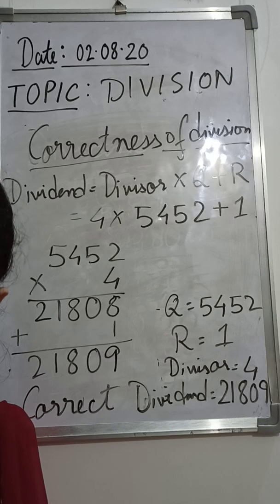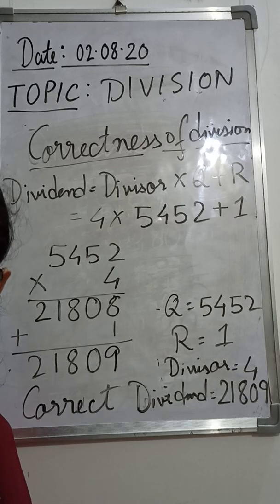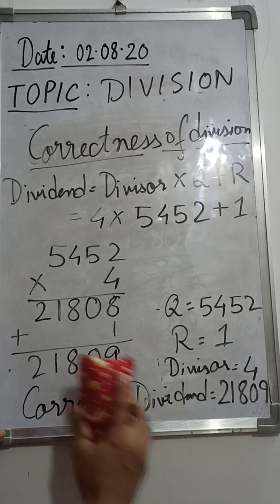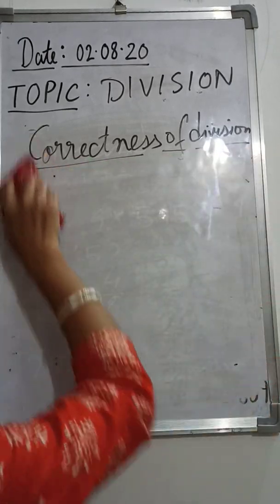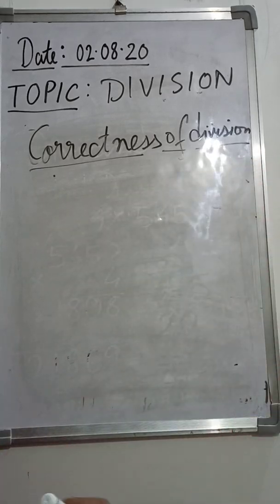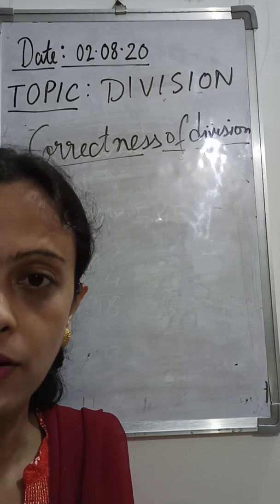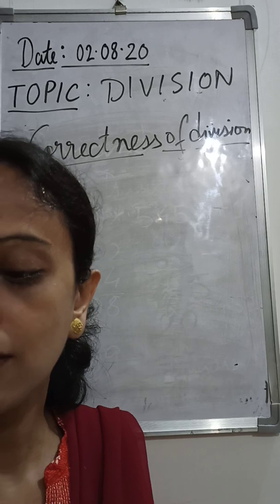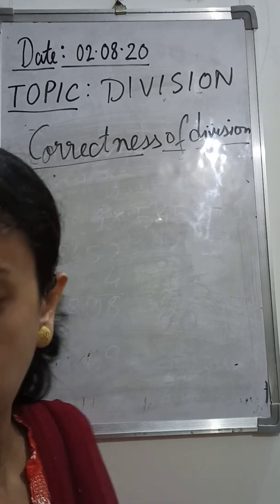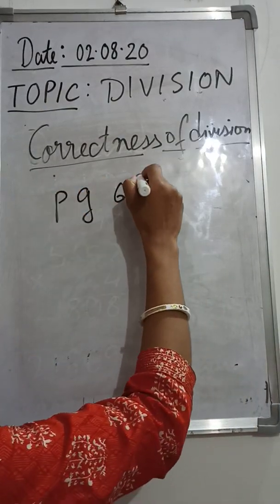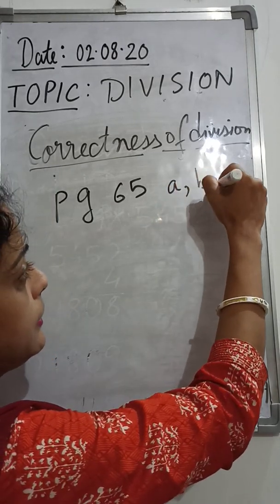Okay, dear children. You can see page number 65. The Train My Brain part is there. I think everybody can see that. That will be your classwork now. Today you have already done this in your virtual classes, but we have not done the checking part. So your classwork will be to check these answers, to show the correctness of the division. It's on page number 65. You can see 3 questions there, A, B and C.